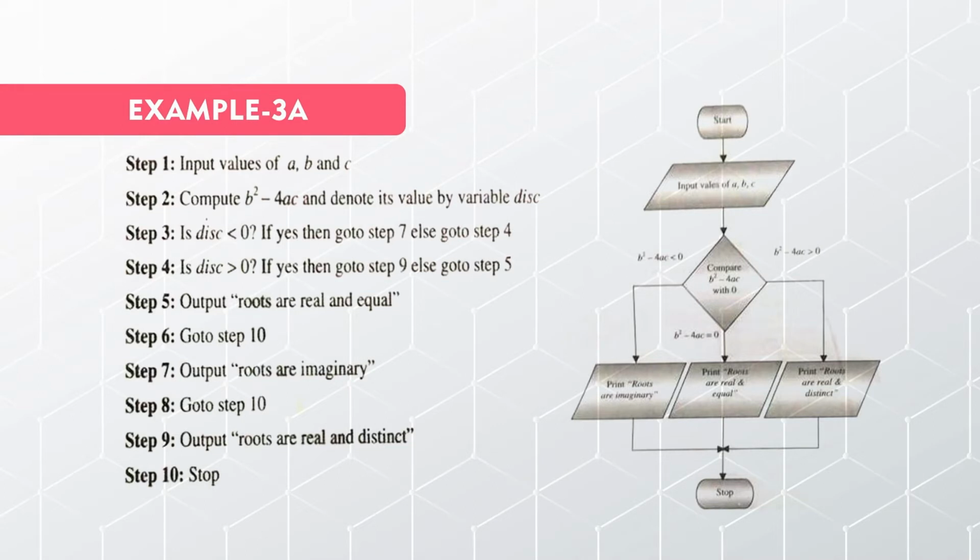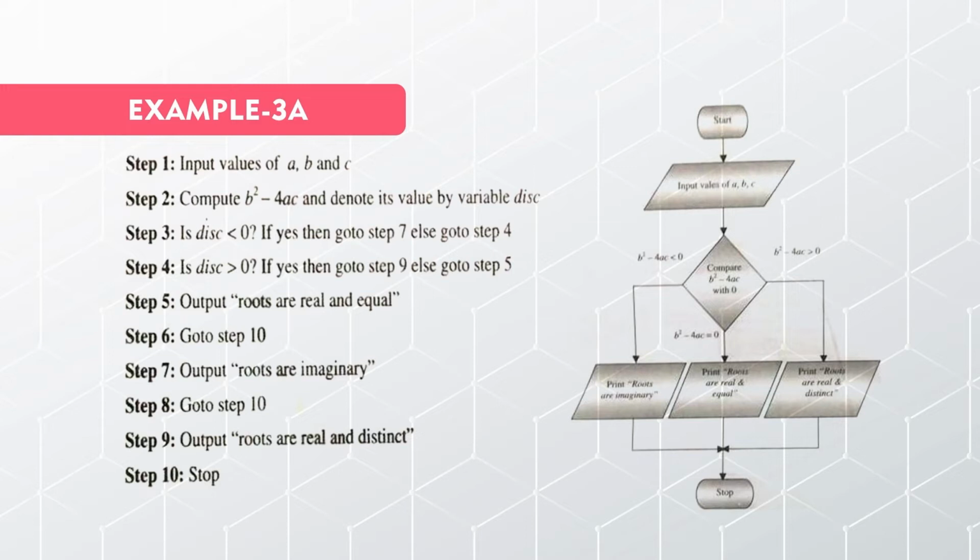So, inputs should be a, b and c. Then you are supposed to find square root of b² minus 4ac, so you use the formula SQRT. In the parenthesis, you need b into b minus 4 into a into c, and you store this result into one more variable, say d, and use this d in another variable which is one of the roots, say x1, which is minus b plus d upon 2a, and the second root is x2, which is minus b